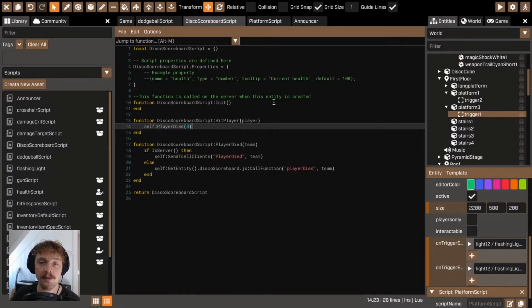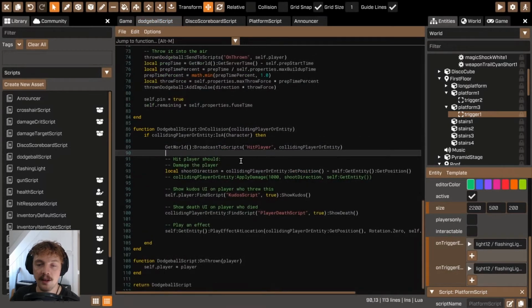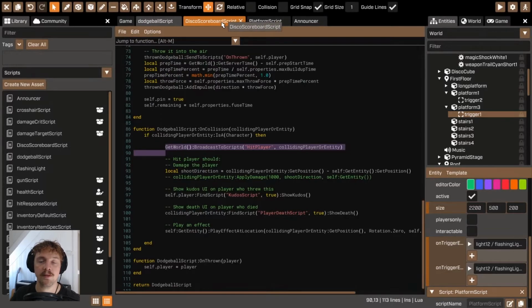I've got a scoreboard script here, which has got a function called hit player. So as soon as that event fires, this script will fire this function, and then the logic will proceed down here on the player died event here. Now, the good thing again is that this dodgeball script doesn't have any references or care about the scoreboard at all. So it means that the scoreboard and any UI stuff can be maintained completely separately from the dodgeball itself,